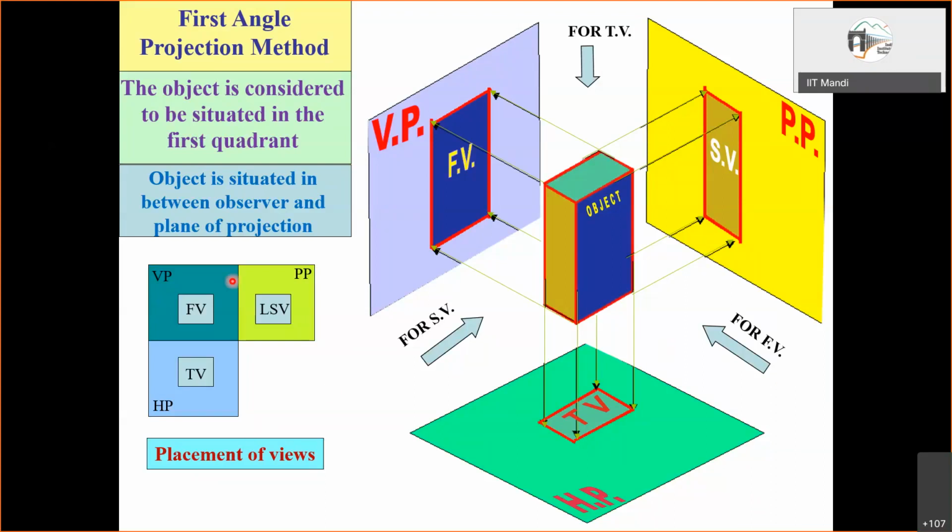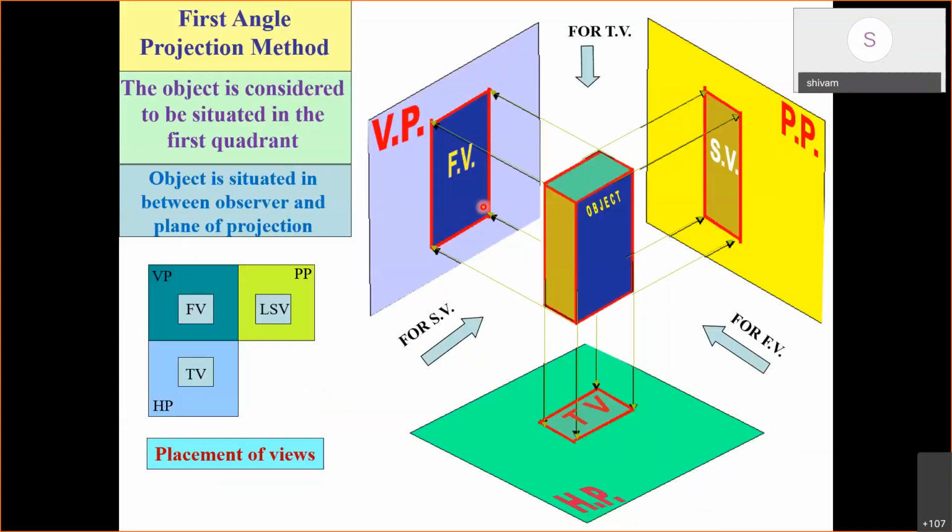And this is the relative placement of the view. So here we'll always go with reference to the front view. Front view placed here, then left side view will be placed at the right, and top view will be placed below the front. XY line you need not draw. I'm repeating, XY line is not needed to be drawn. With reference to whatever dimensions you will have for this, we'll be placing these.